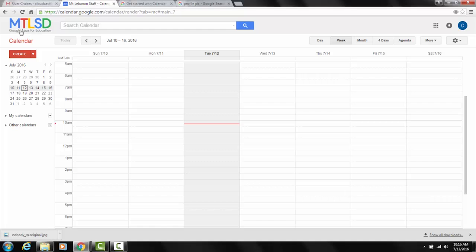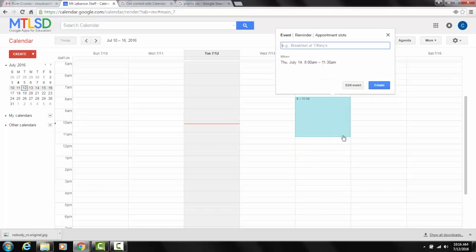Now, to create an event, there's 2 ways to do it, okay? I can click this create event here and then put the dates in, or I can actually just go to the date, right? And so, if I want something from 8 until 12, I'm just holding down my left button, and I'm selecting how long I want this meeting to be, okay? So maybe I want it to go down until 12 o'clock, and when I let go,